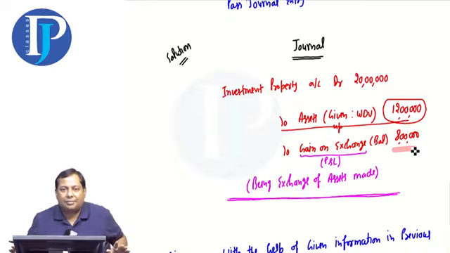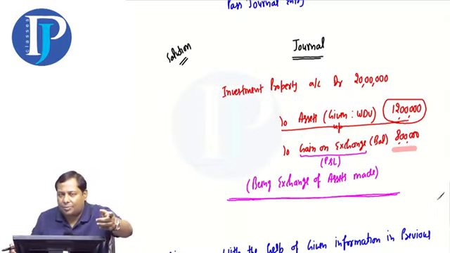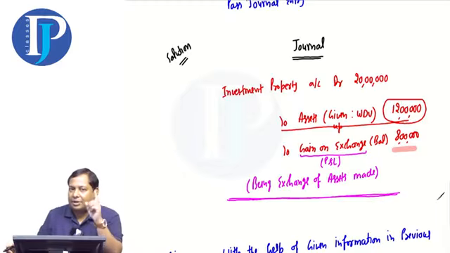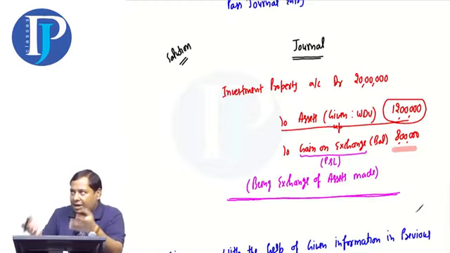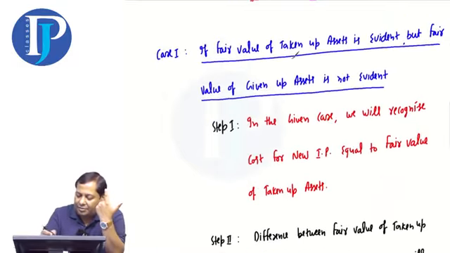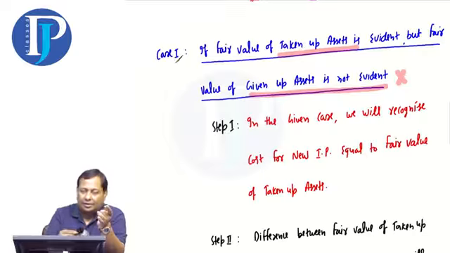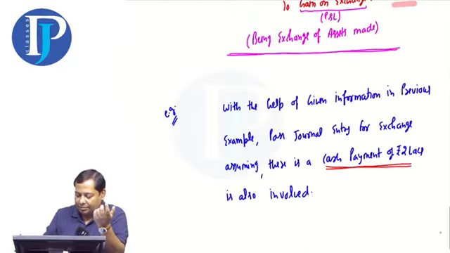In the first case, giving cash will impact only your gain or loss. That's all. In case 1, we are looking at taken up only and not at given up. We don't care about the things that we gave up. The point is we only care about what we bought. This is case 1. So if you want to pass the entry here, let me pass the entry here. You have to keep this in mind.